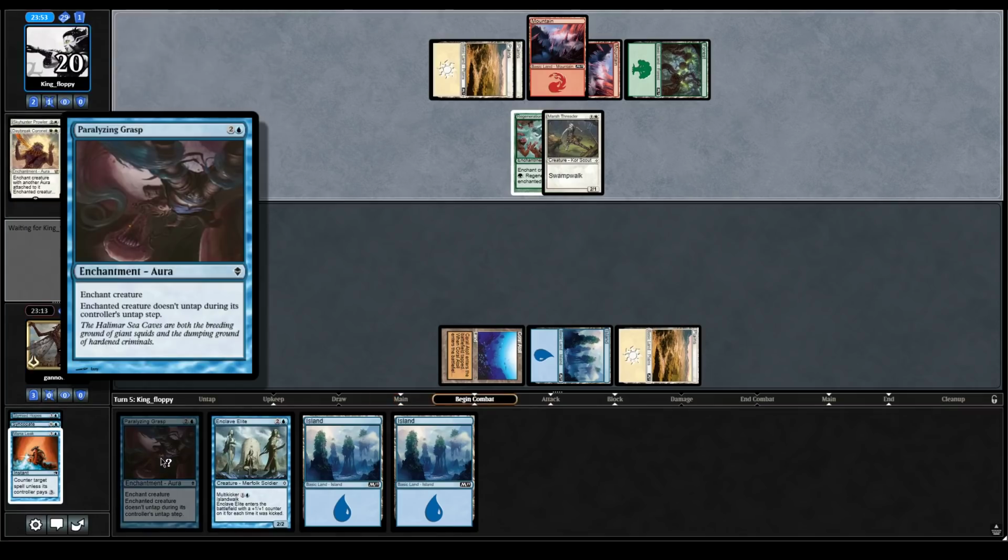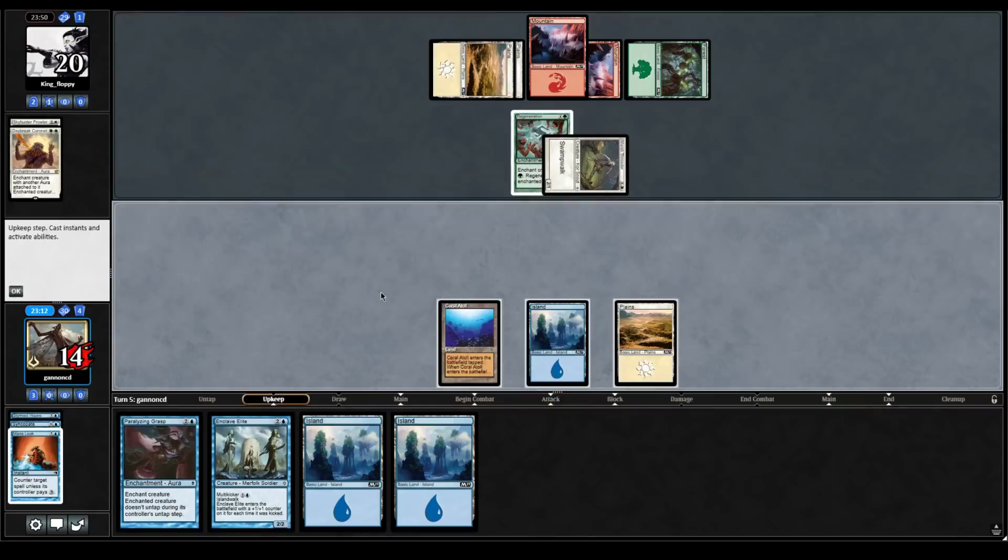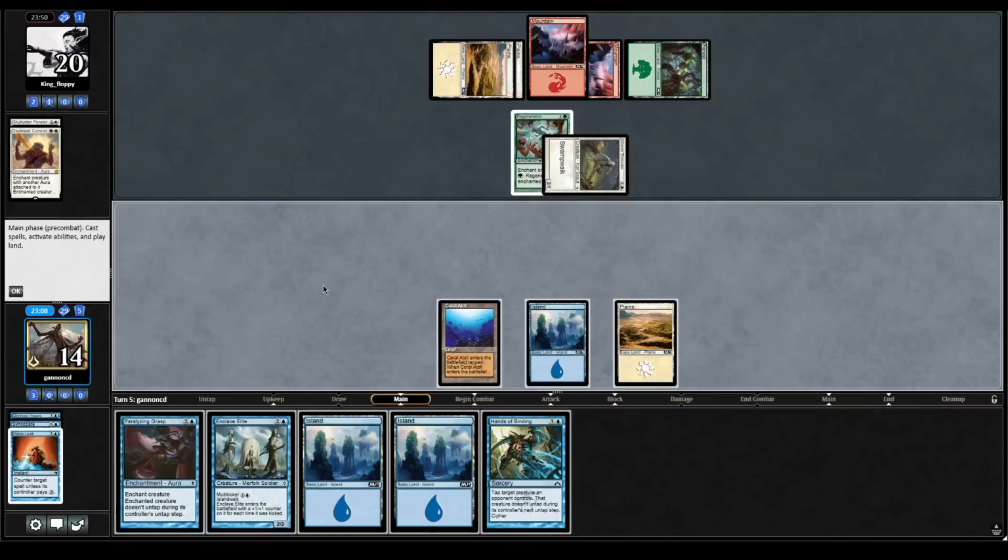If it didn't have vigilance, this would work. But unfortunately, then it doesn't tap when you're attacking, and then you just die. Hands of Binding. Oh, we could have gotten there. Oh well. So they have a 2/1 Swamp Walk